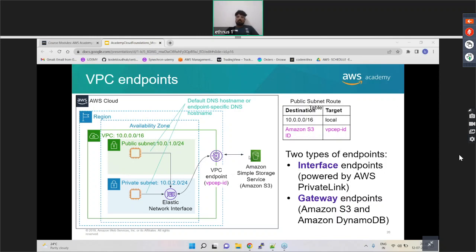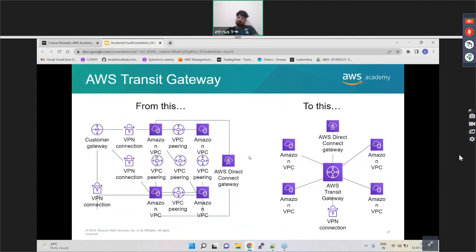Okay, guys, let's move to another component known as AWS Transit Gateway. Now, what is the Transit Gateway? Transit Gateway is one of the most versatile services. With the help of this Transit Gateway,